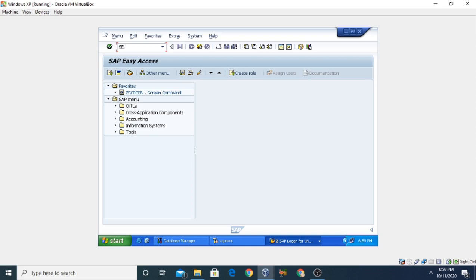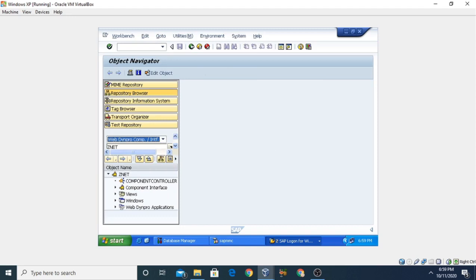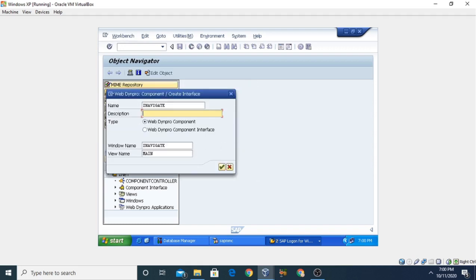So go to SE80. It will open the object navigator. Now we need to select here the WebDynPro components, and then we need to define here our new WebDynPro component. So in my case I am going to create ZNavigate. So press enter. It will ask to create an object. Now give the description. This is our navigation